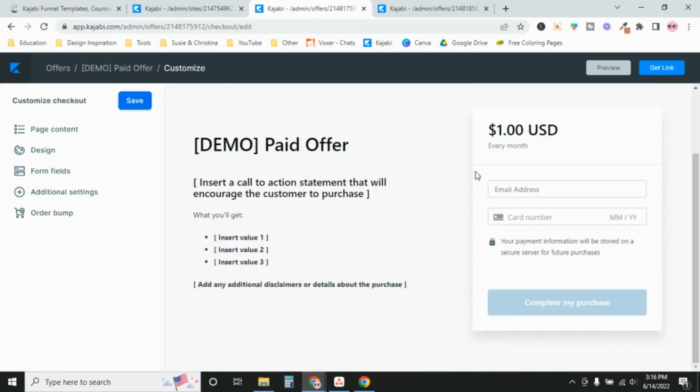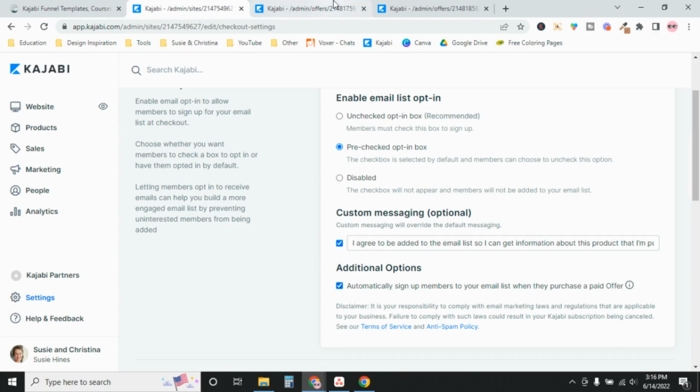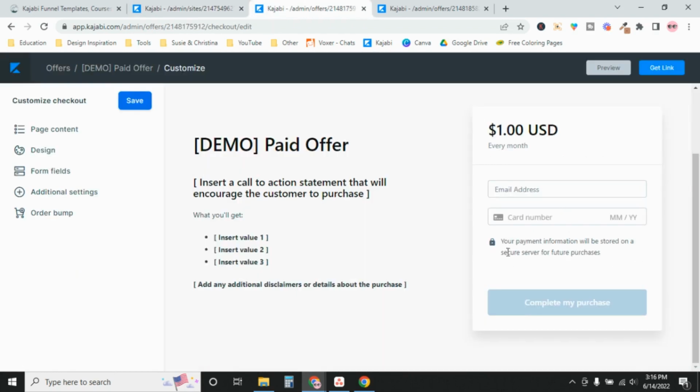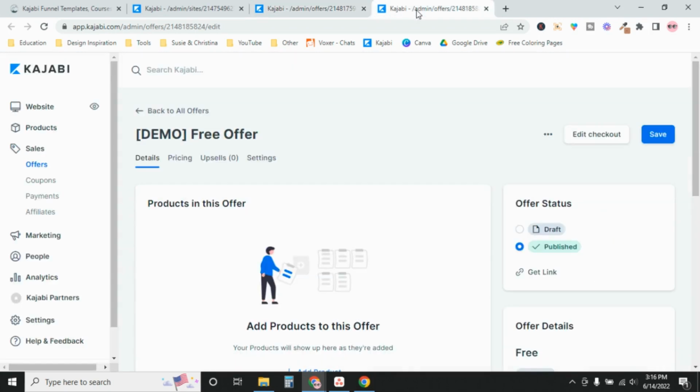So here, because I checked this box to automatically add them, there's nothing here about subscribe to the email list or don't subscribe or anything like that. They're automatically being added. And there's more to it. There's one more step to this, but I want to also show you, if you create